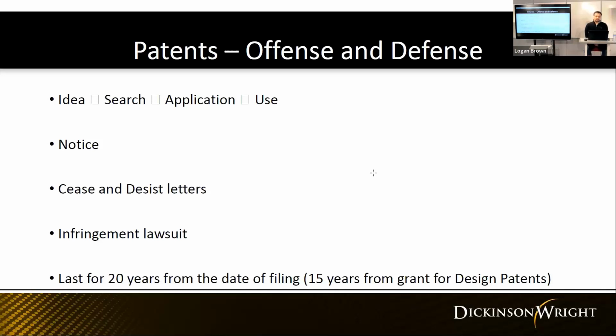Patents last 20 years from the date that you file them, which is a little unfortunate because the application process can take a long while. And so say it takes 2-3 years, sometimes they may adjust your patent life to give you back some of that time. But in general, say you receive your patent 3 years after you filed for it, it's only going to be enforceable for 17 years after that. For design patents, which protect the visual aspect of your inventions, those are entitled to 15 years from when they are granted. So you at least know with a design patent, you're getting a solid 15 years of protection.